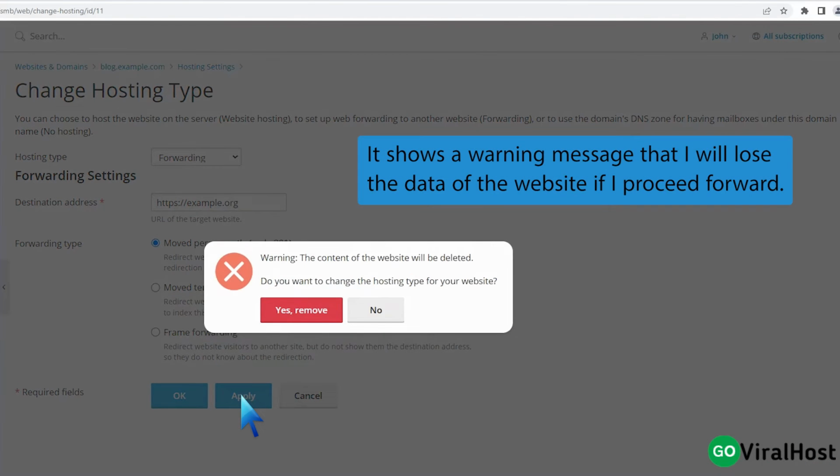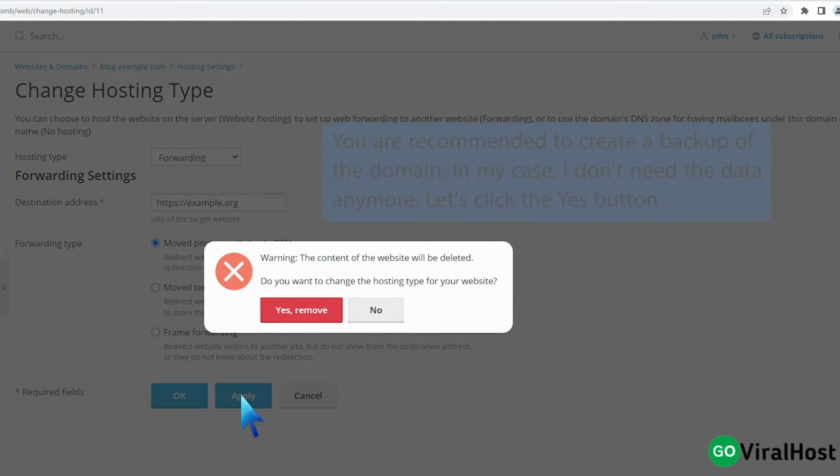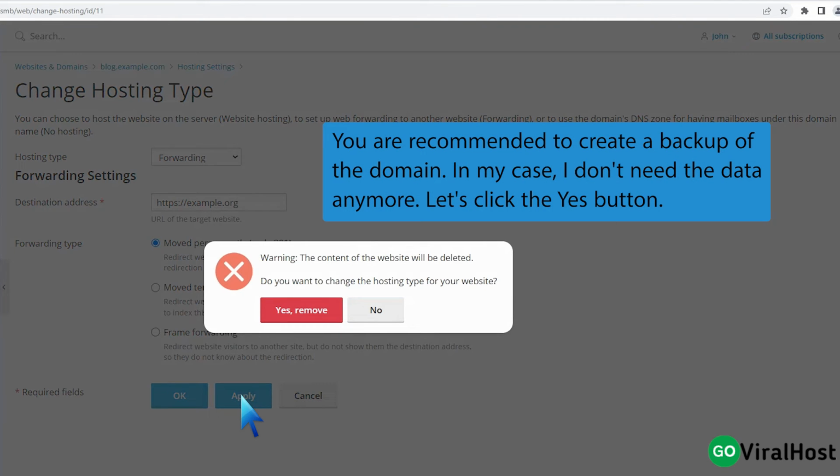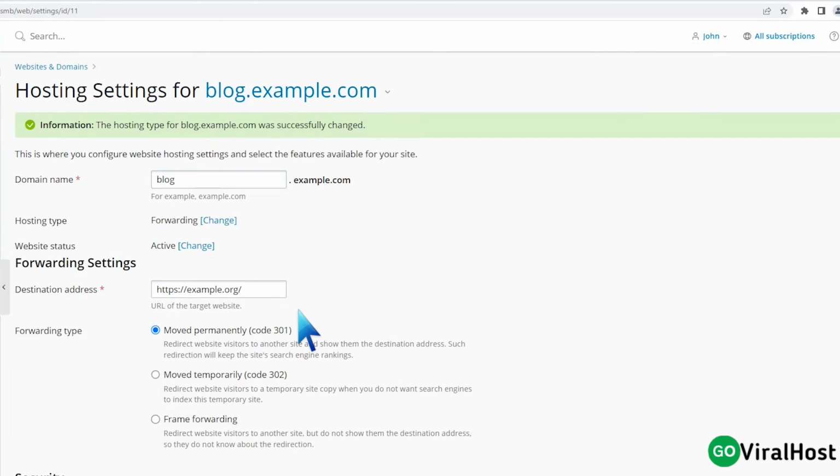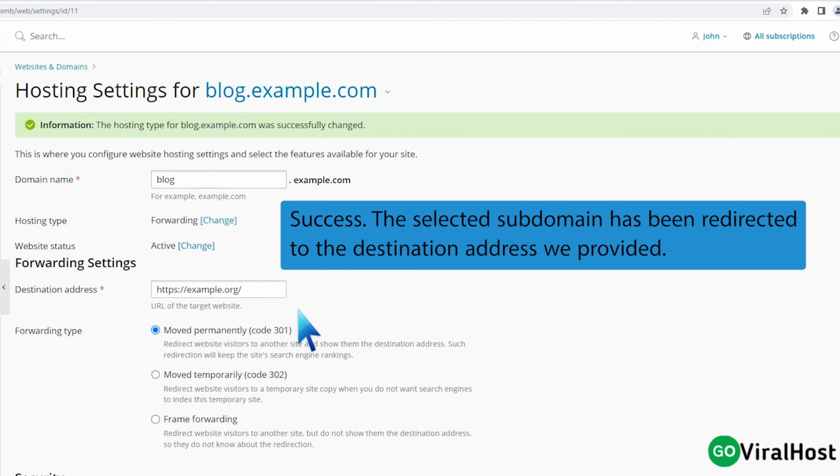It shows a warning message that I will lose the data of the website if I proceed forward. You are recommended to create a backup of the domain. In my case, I don't need the data anymore. Let's click the Yes button. Success! The selected subdomain has been redirected to the destination address we